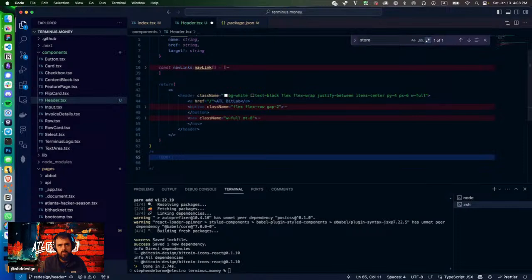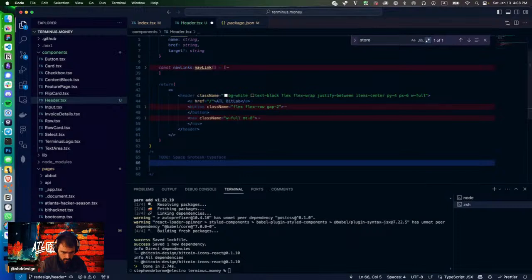Okay, so what we want is the typeface. The other one we want is